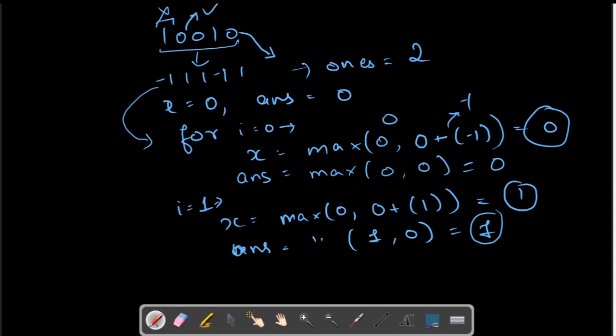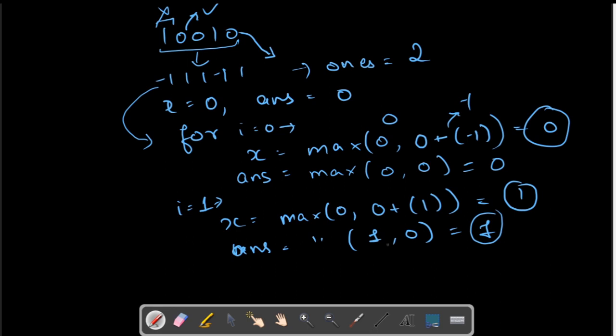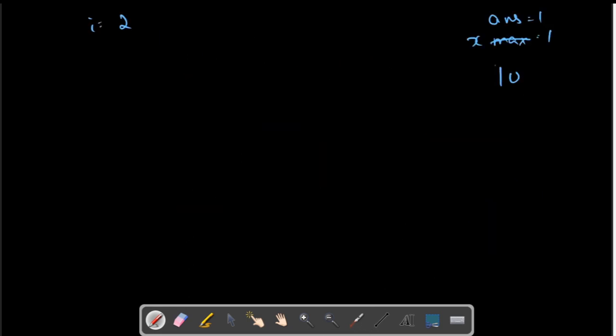Okay, now let us look at I equal to 2. Our answer was equal to 1 and x was equal to 1 as well. So for I equal to 2, let me write it: 1 0 0 1 0. So this is index 0, 1, 2, 3 and 4. We are right here.